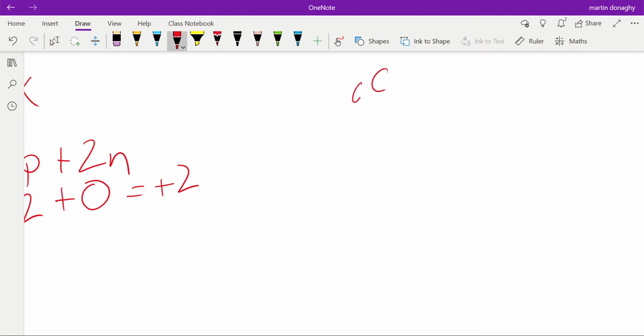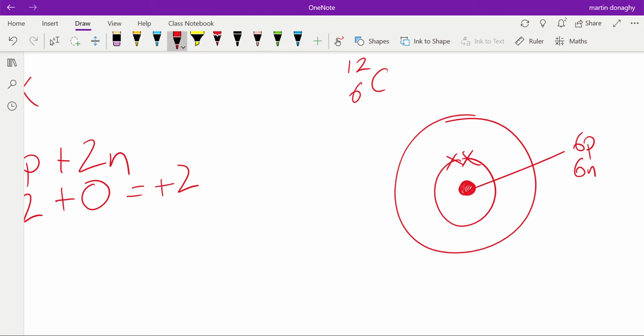Okay, so carbon's normal isotope is carbon 12, which just means it will have a nucleus that contains 6 protons and 6 neutrons, and will have as an atom the same number of electrons as protons, so that's 6 in total. Okay, now let's say we have our wee alpha particle that has been ejected by another nucleus somewhere off screen. Okay, so this is our alpha particle. Now it has a charge of 2,